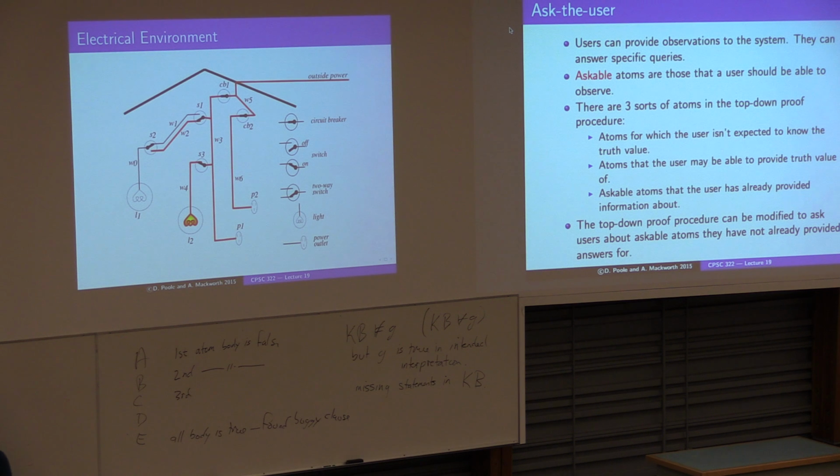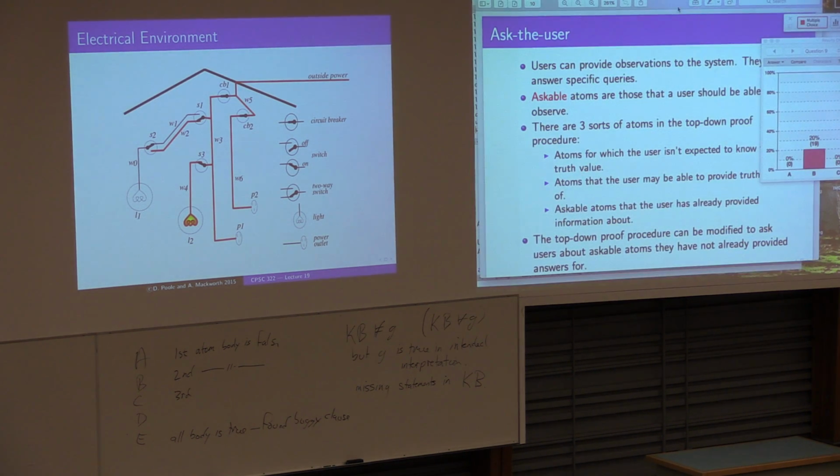Okay, so we're going to have this system where we can actually ask. Here we're just going to assume the only sensor we have is this user who can answer yes-no questions. All right. So we have,